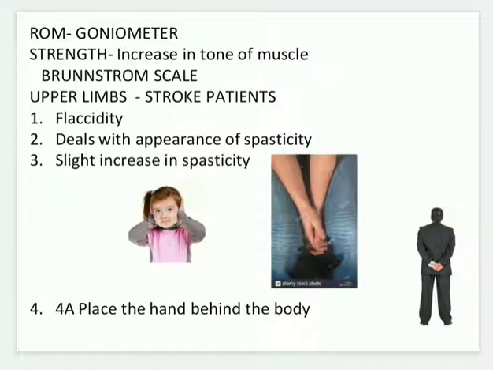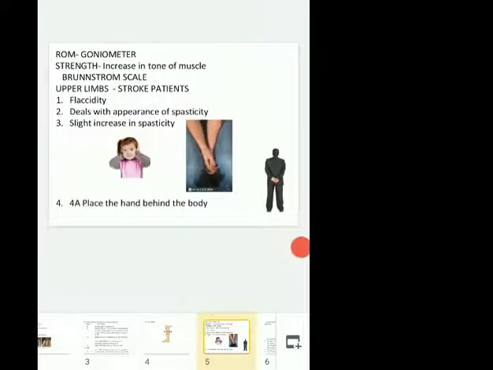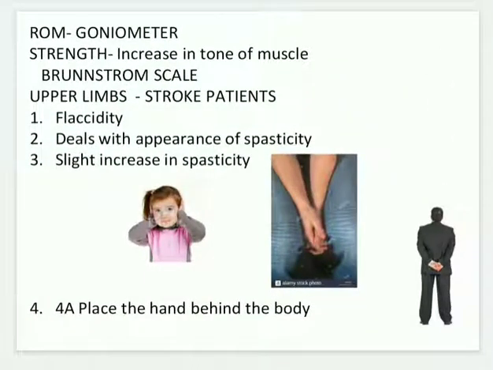Next, your range of motion. Range of motion can be measured with a goniometer. You check active mobilization and passive mobilization to increase the range of motion, and then re-education. If the patient can do both passive and active mobilization, then there is a problem with contracture and deformity. If the patient is good at passive and not good at active movement, then there is a problem only with muscle tightness and muscle dysfunction.